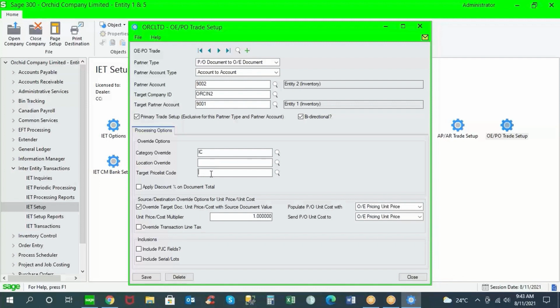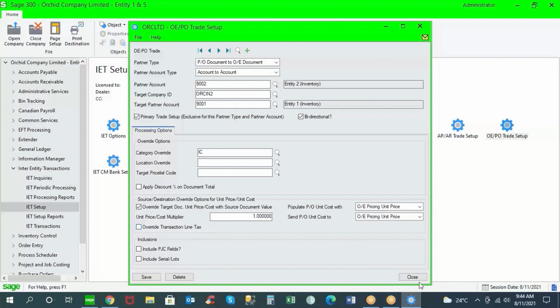And you can also have a separate price list. Notice that you also have a cost multiplier to support transfer pricing, either at cost or at a markup. And then you can also